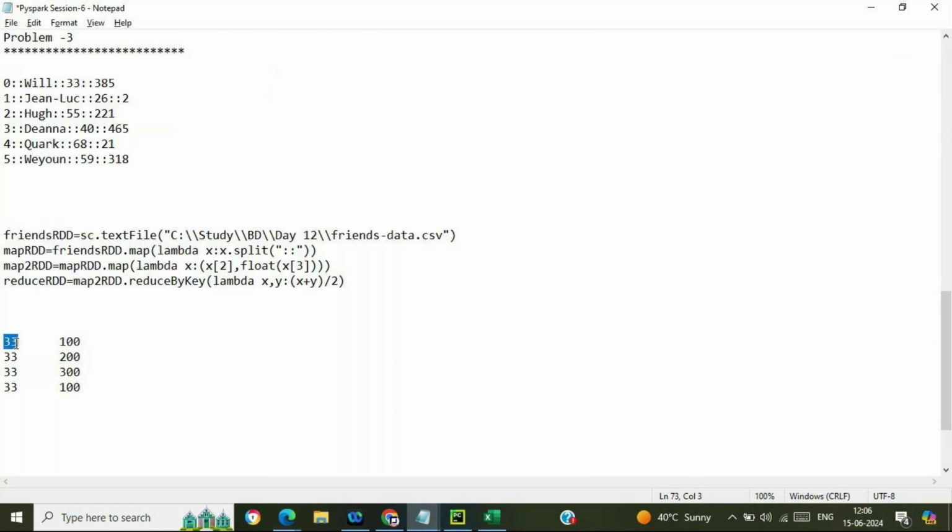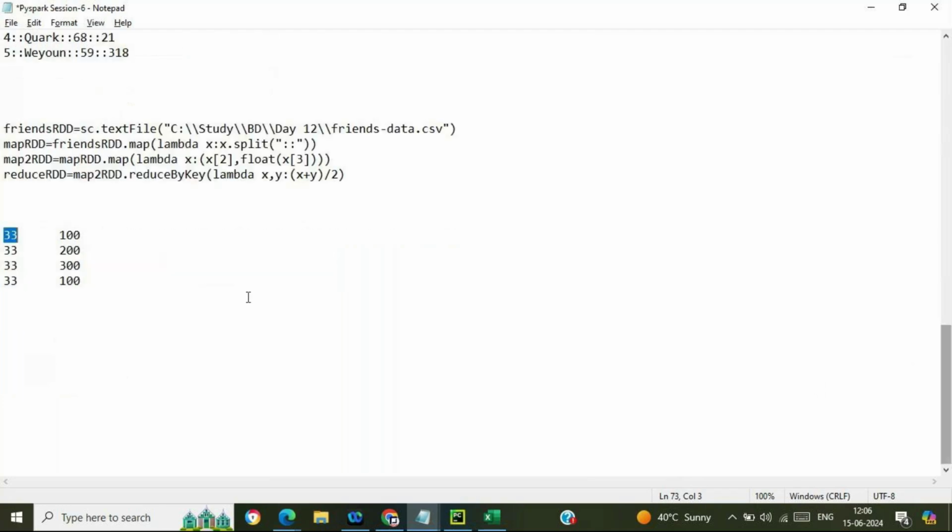And what you are doing, you are taking two inputs, x plus y, 100 plus 200, then you are getting, say, 150. Now 150 is given to the third, 150 is x, and now 300 will be y. So now it is going to do the averaging of this. 150 plus, say, 300, so it will be 450. 450 divided by 2, so what you will get, say, 225.